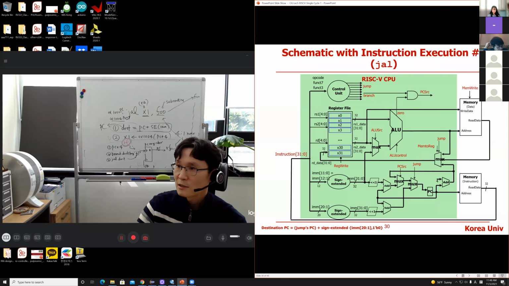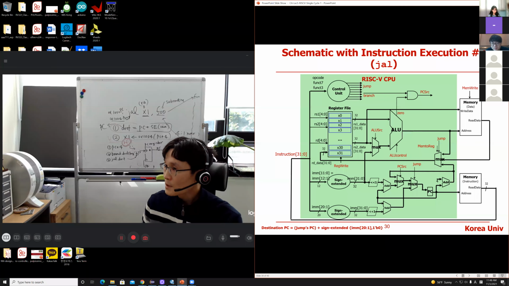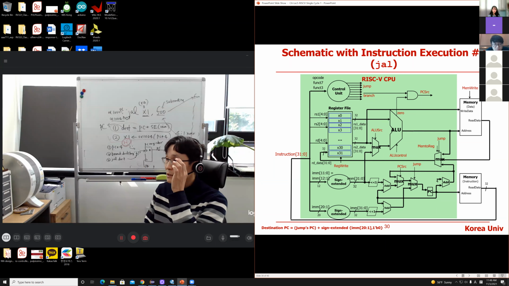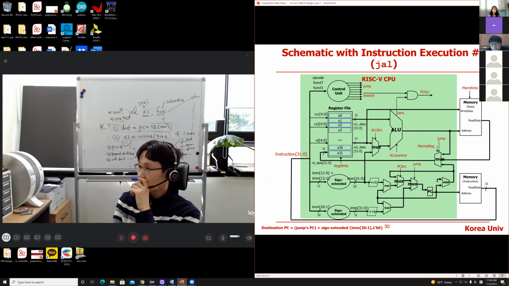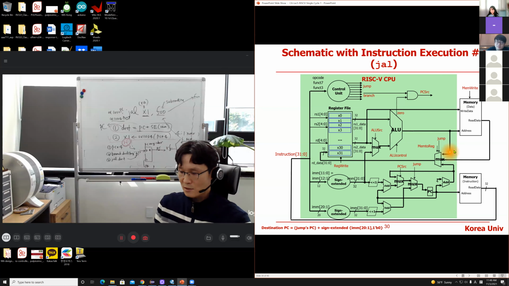Any question? Role of multiplexer for arithmetic R-type. Why do we have to use a multiplexer? Samuel, it is hard to understand the question. So the question is about that multiplexer, right? This one. To make it simple,